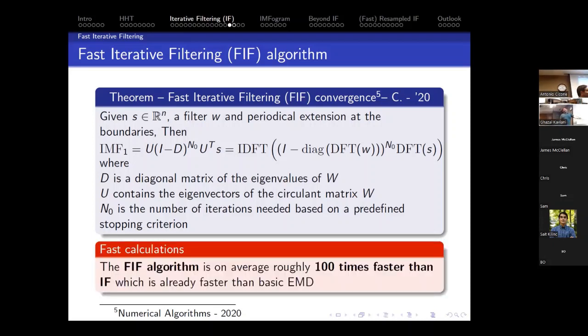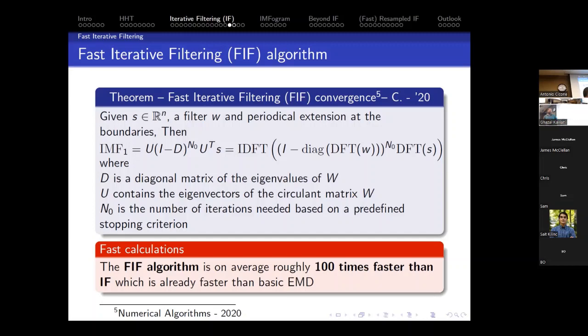Now, keep in mind, FFT is extremely efficient. So we were able to speed up 100 times the classical iterative filtering, which was roughly the same speed as EMD. With the extremely nice property that now EMD was not stable, you need to stabilize it at the cost of, as you remember, introducing a lot of noise. And so that will require perturbation of the signal.